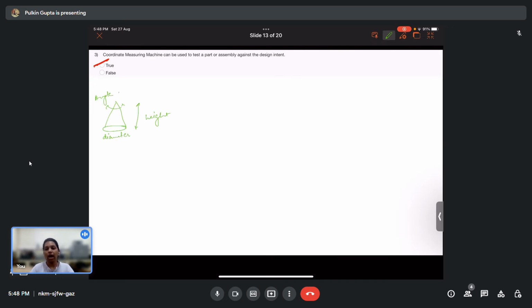After the manufacturing has been done, you can simply take this cone to the coordinate measuring machine. The dimensions